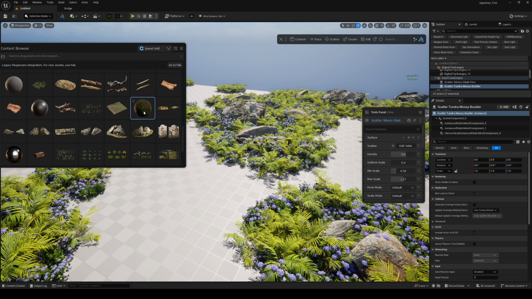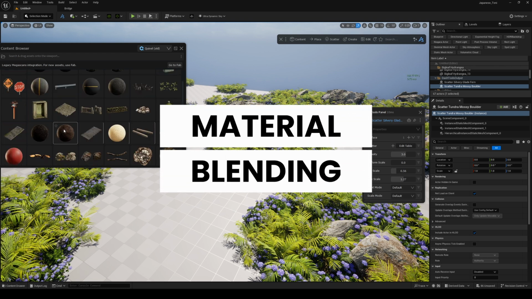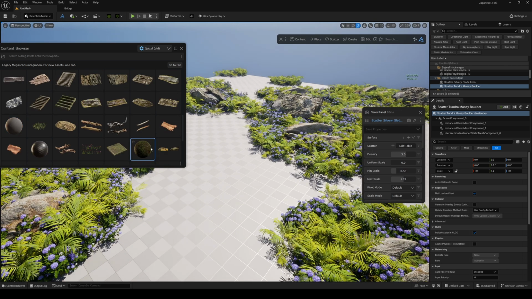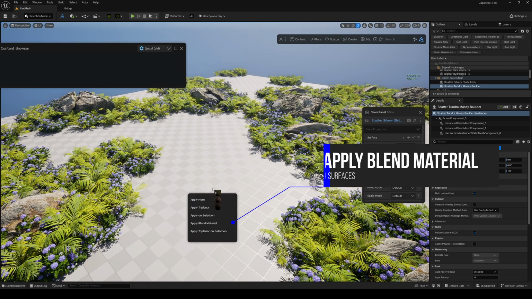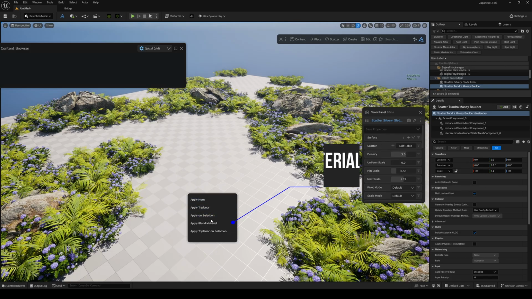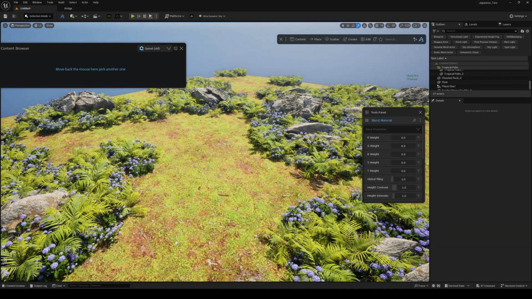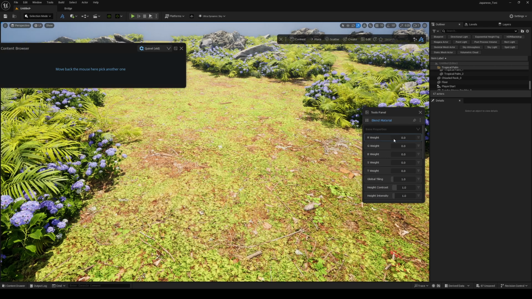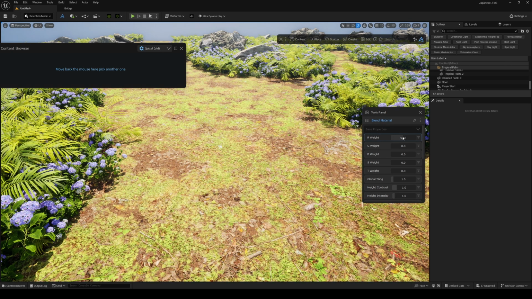Now let's talk about ground surfaces. I'm gonna grab 3 different ground surface materials from the content browser here. Watch what happens when I drag them directly onto our ground plane. And instead of just applying one, I will select the apply blend material option. This instantly creates a smart blend material, and a new edit material window pops up, giving us an immense amount